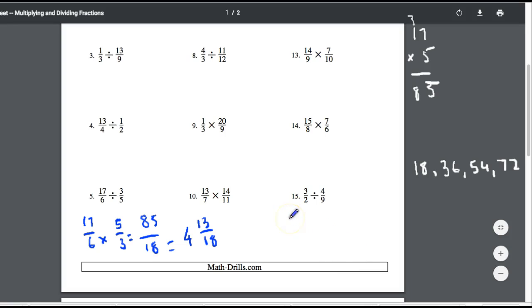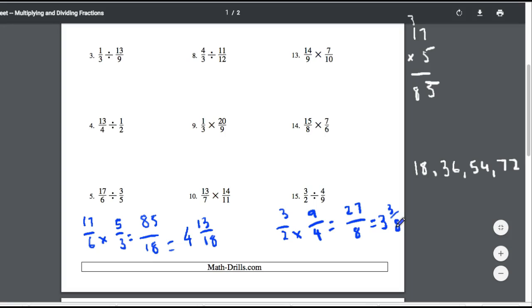All right, question 15, very last one. 3 over 2 times 9 over 4. 3 times 9 is 27. 4 times 2 is 8. And how many 8s go into 27? We have 3 and 3 remaining. Okay, so